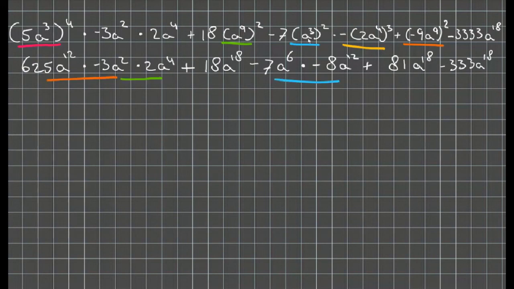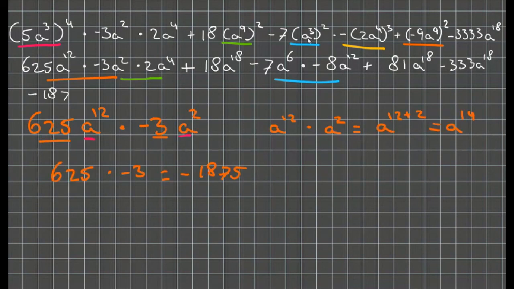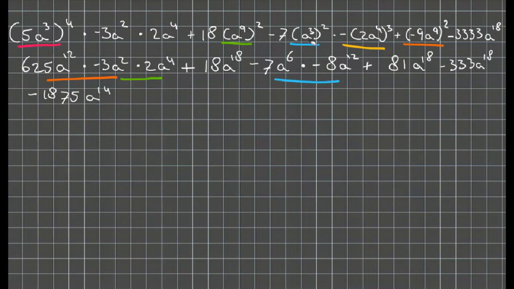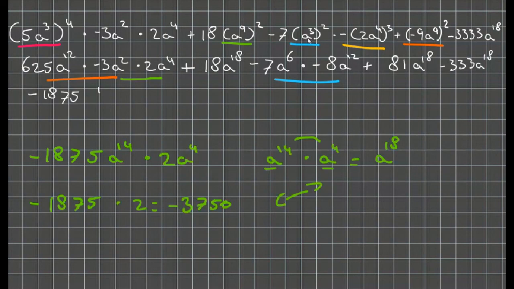Okay, so let's do the first multiplication. I have 625a to the power 12 times minus 3a to the power 2, minus 1875a raised to the power 14. Okay, now immediately after this one there's another multiplication. So what happens, following the rules of the order of operations, is that I have to multiply my answer I just got with 2a raised to the power 4. This gives me minus